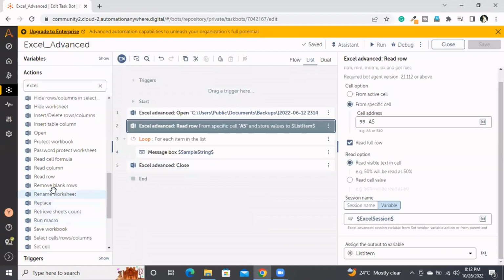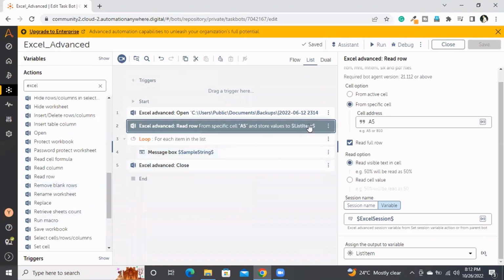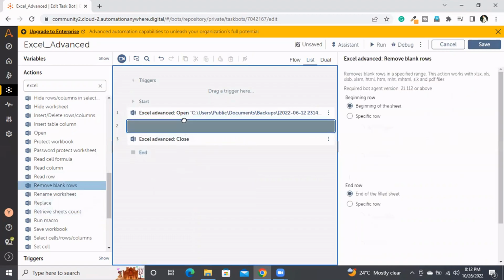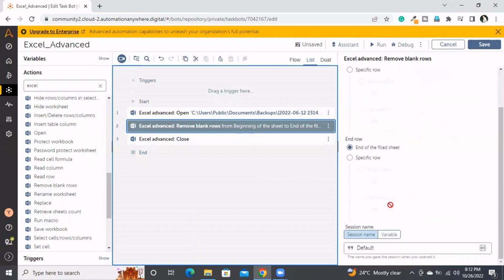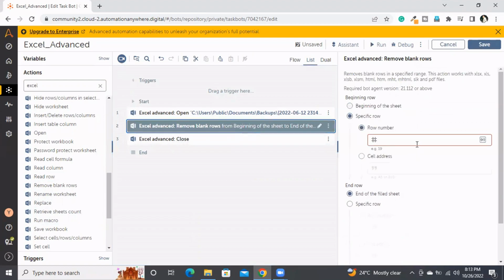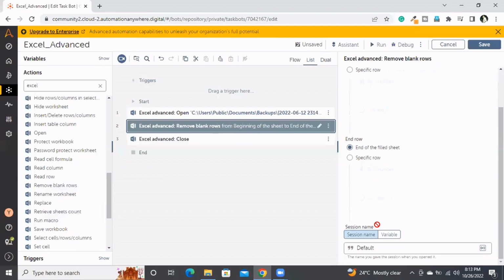And the next thing is remove blank rows. This is some interesting concept. Let's see how it will work. So here I'm taking the remove blank rows from the beginning of the sheet to the end of the sheet. If you want to check only from row number 5 to row number 10, at that time you can go with the specific rows, but I want to remove all the blank rows in the sheet. So here I have selected,